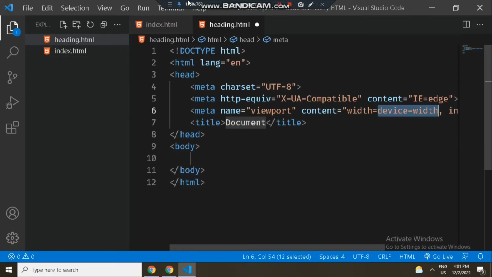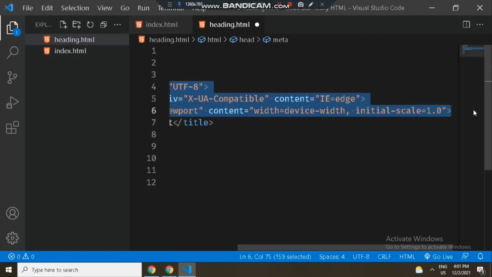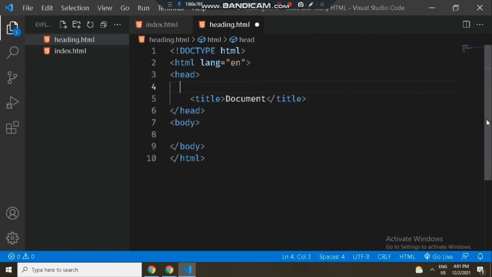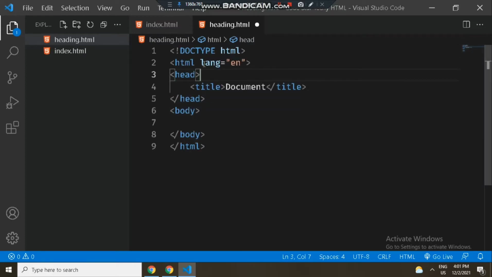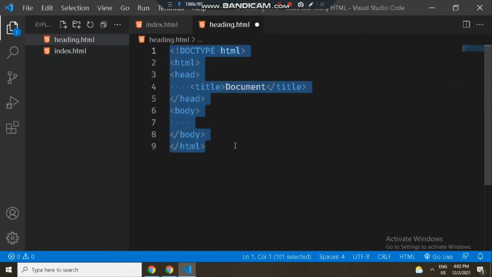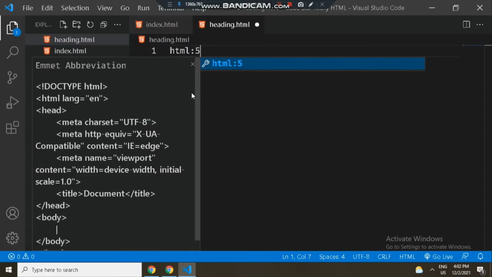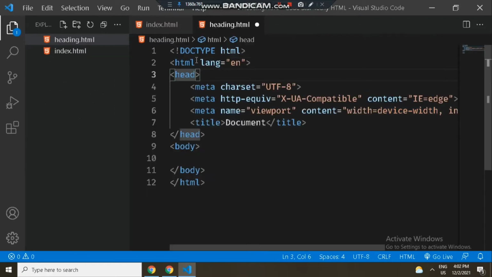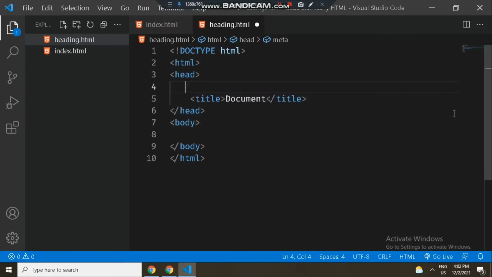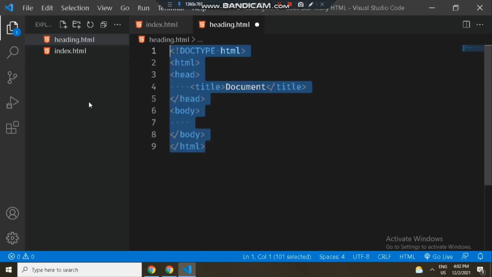See, automatically these meta tags came, which you can ignore, because I told you the head tag contains the metadata of the document. These are metadata of the document, these are not ours. And this language tag you also ignore. These are secondary tags, not primary, we will see them later. But our main focus is that after typing html:5 everything came. Once more I am showing, html:5, enter, everything came. For the timing you ignore these. You can remove these tags, select and remove, because there is no use. See, so many shortcuts, it has lessened our effort.